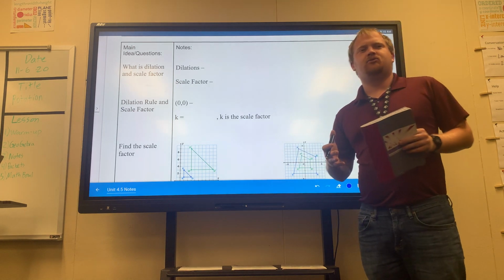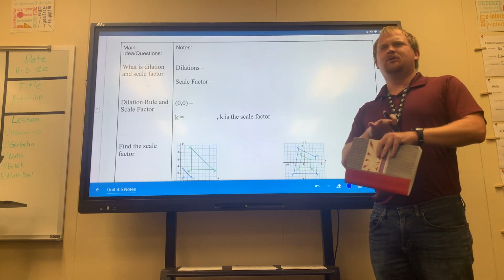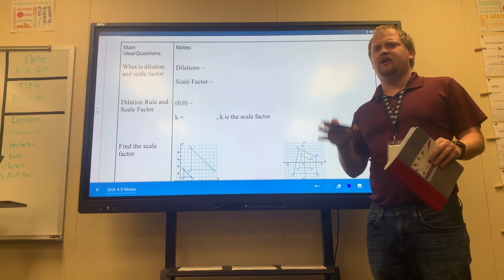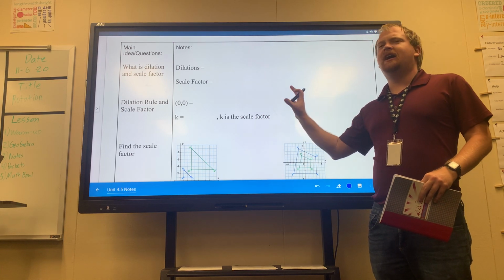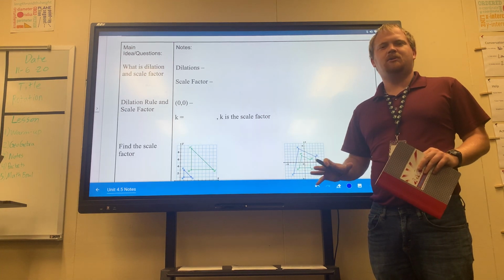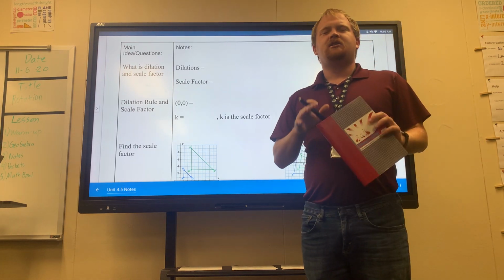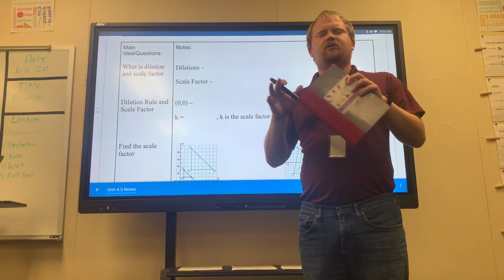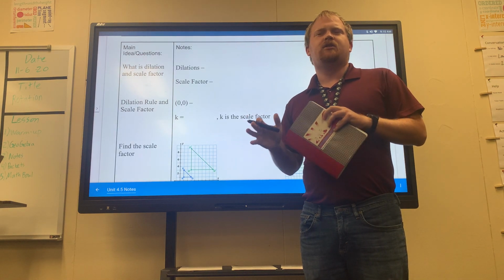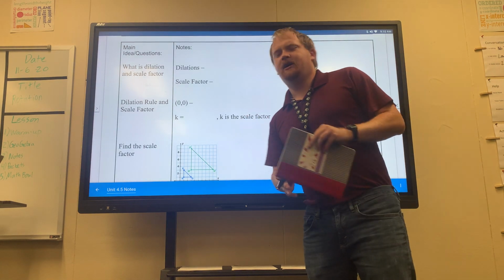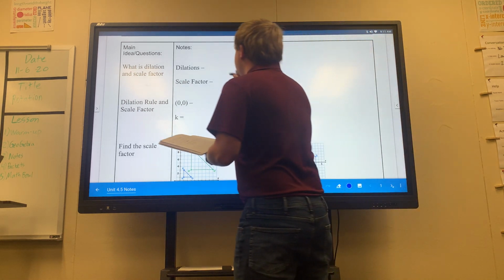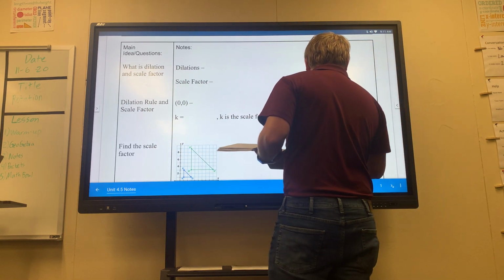Okay, it's another type of transformation we're talking about, but this one's completely different from the other three. As in, after you dilate a figure, it's not going to be congruent. That is the biggest thing that I want you to understand. Dilations means that the figure is not going to be congruent because dilation is a transformation